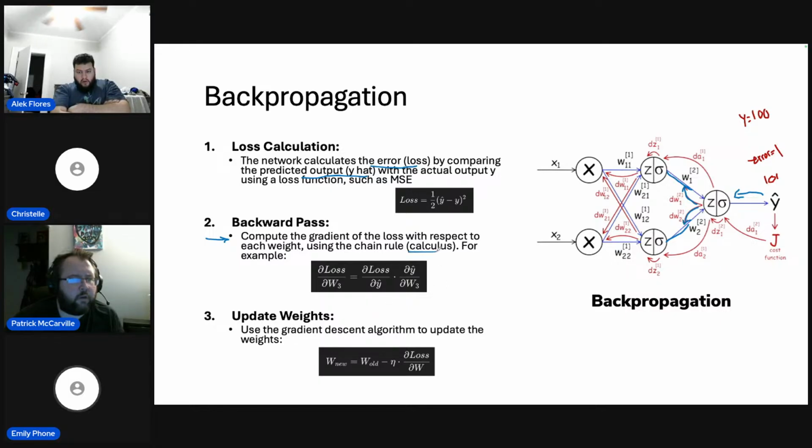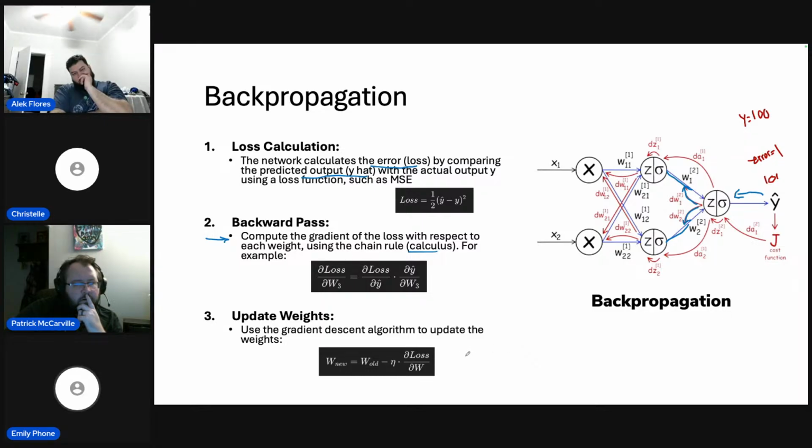So we're applying some calculus basically in order to send that information backwards. Once we know where the change is, once we pass back that loss, pass back that error, we need to update the weights. So if we just make predictions the same way, we're going to get the same error. So we need to change the weights. We need to change the parameters. And we can update the weights